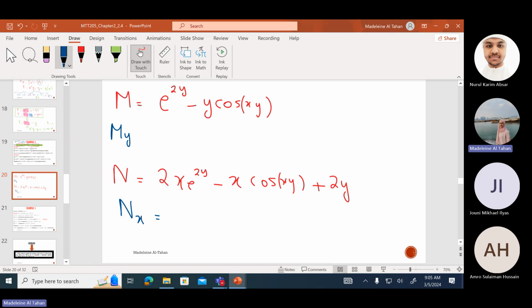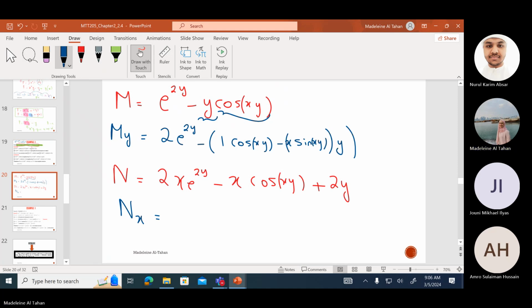The derivative of e power 2y with respect to y, we said that it is 2e power 2y. Now this one is something times something, so u prime v plus v prime u, right? U prime is 1 multiplied by cosine xy, plus v prime, which becomes minus x sine xy, and all of it multiplied by